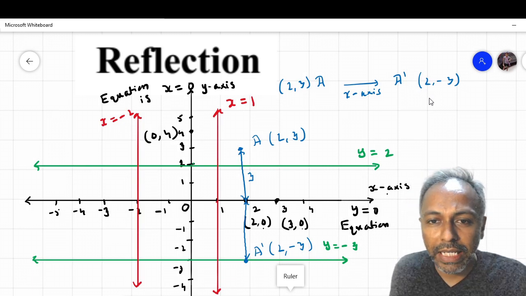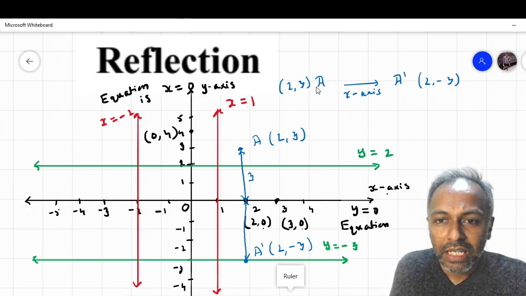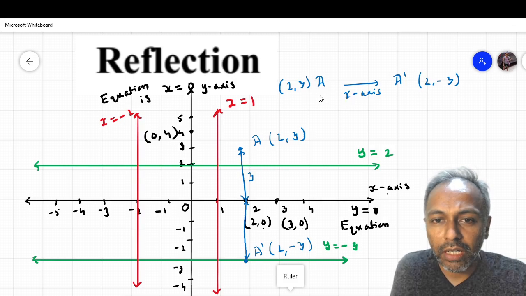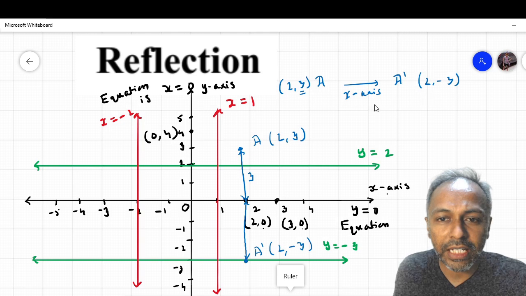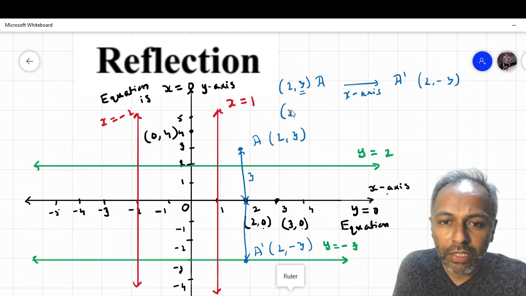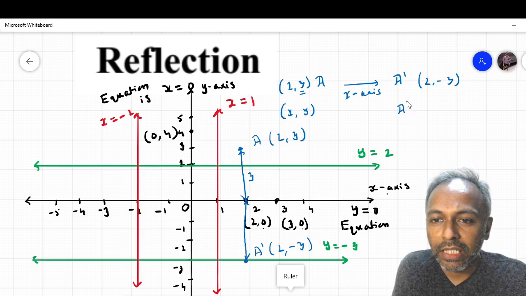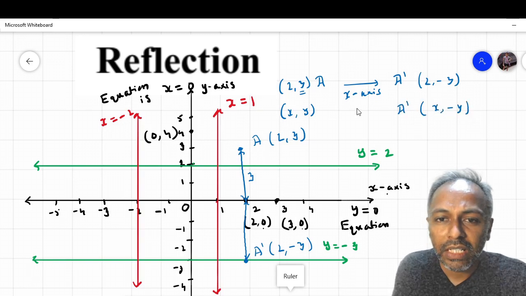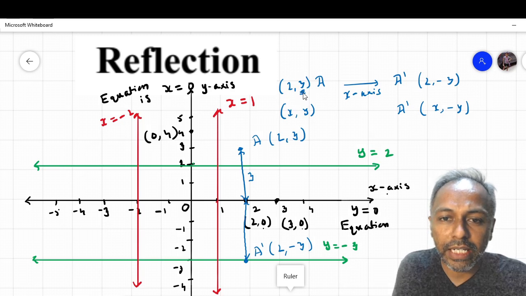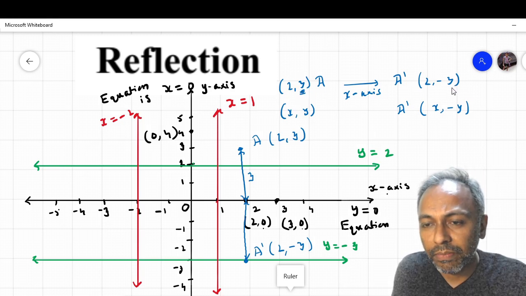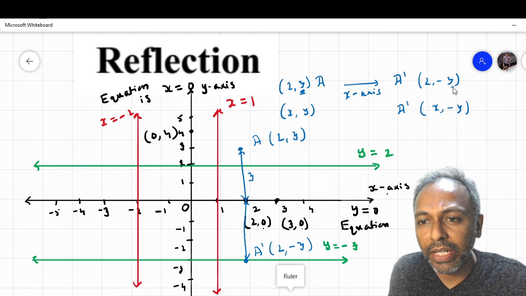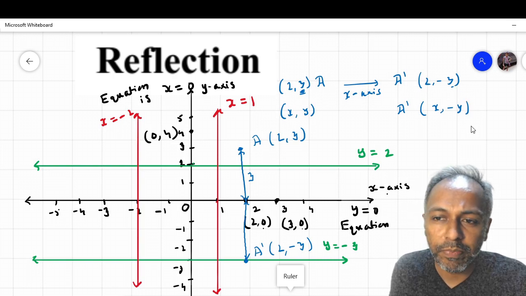Every time making a graph will become difficult, so let's try to learn mechanically. That is, if you are reflecting a point about the x-axis, then the y coordinate will change in sign. So if in general we would have got the point A's coordinate as (x, y), then A dash would have become (x, -y). If this point itself was negative, then the y coordinate after reflection would have become